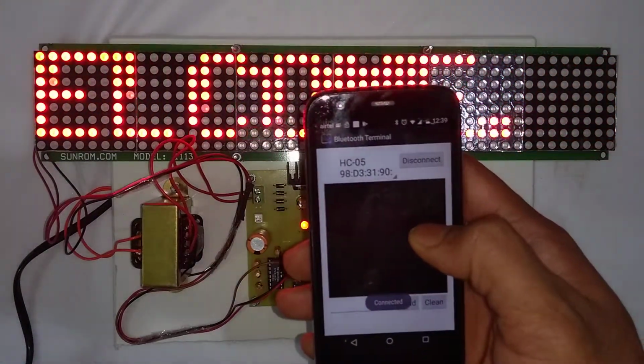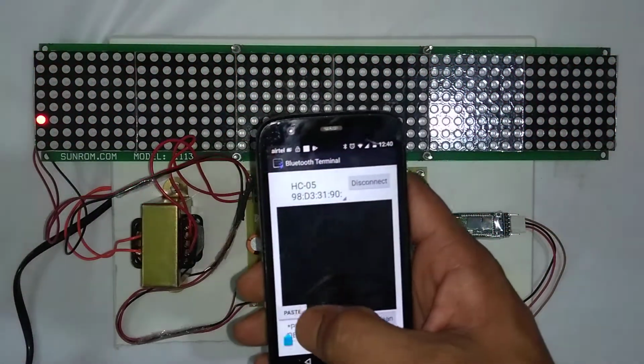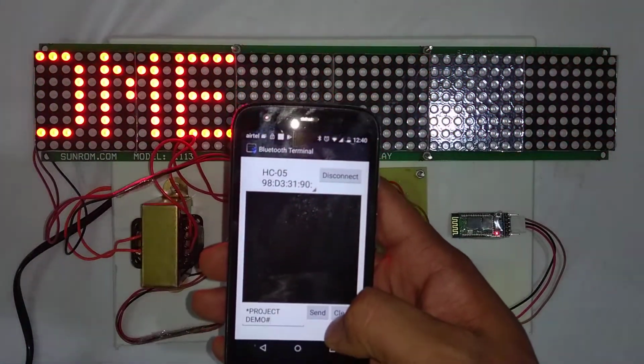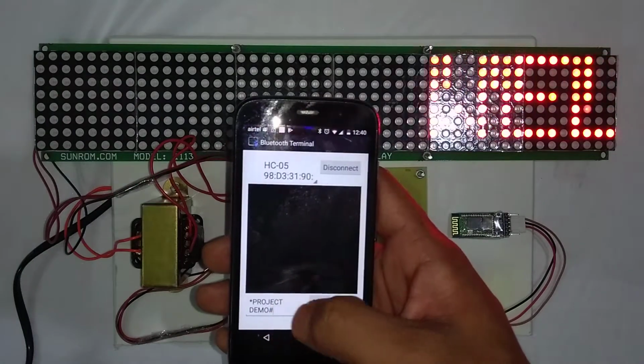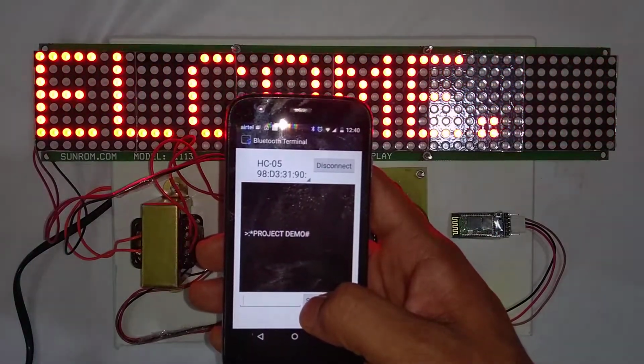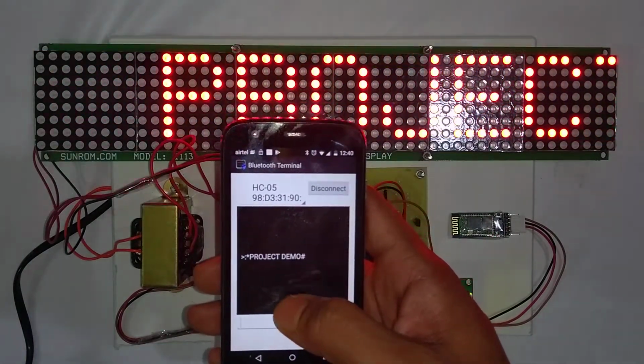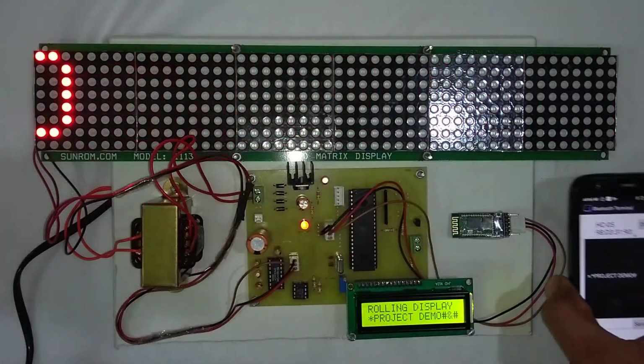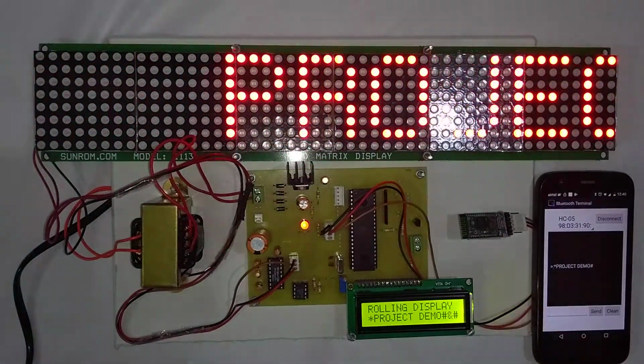So I'll give you the demonstration. Right now the matrix LED is showing the message as welcome, and here I am sending the message as project demo. So here you can see the project demo message is sent from the Android app and it is displayed